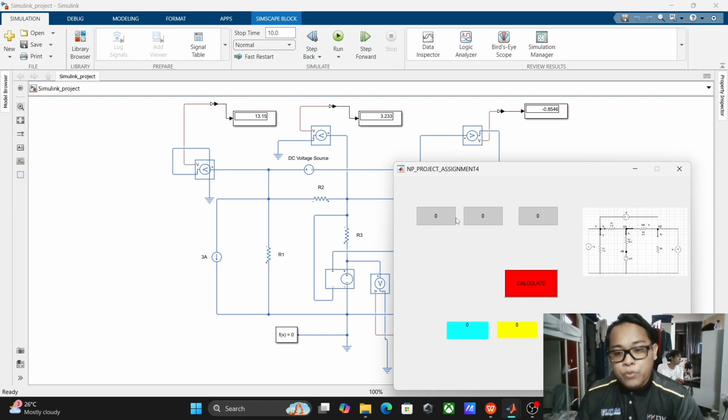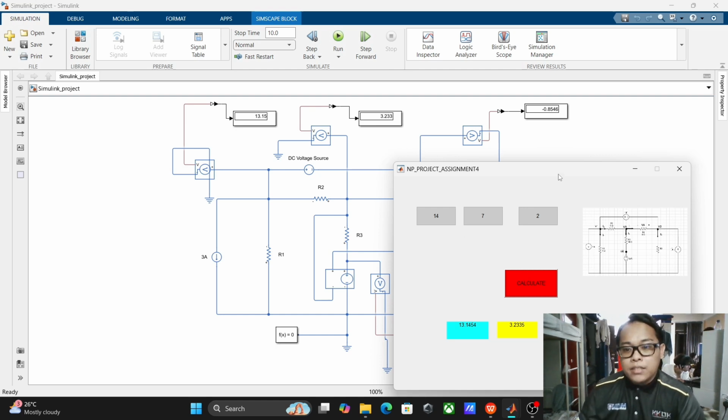As we can see, if we put 0, 0, 0 in this blank space, the result will be 4, 0. But if we put in this first space 14, my bad, 7 and 2,